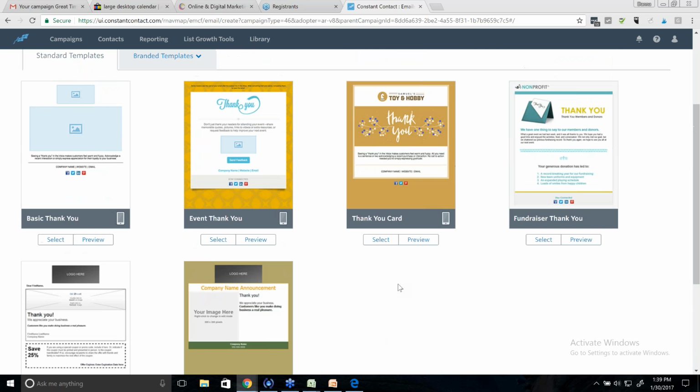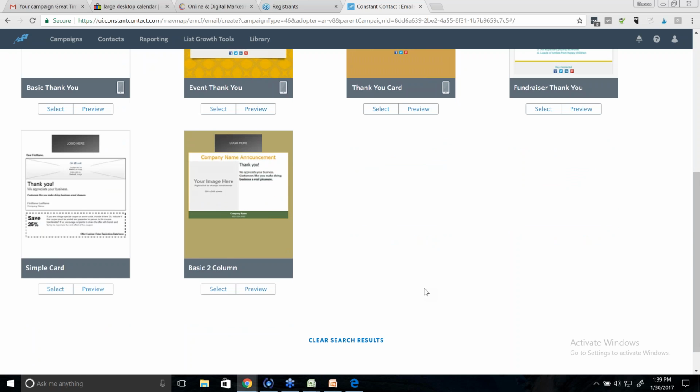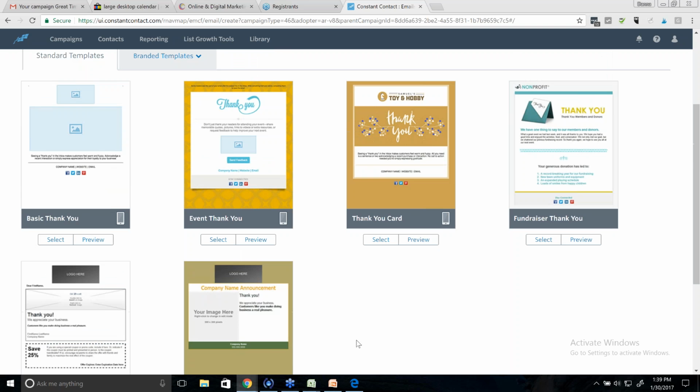I like my emails to be able to be seen on mobile devices instantly. And when you see that mobile responsive, that means that no matter which kind of device they're viewing in, it'll automatically adjust the screen to fit their mobile device. So personally, I always look for those. Now, if your results show that the majority of your people are reading on desktops, then you may not mind the other type. But to me, personally, I suggest always going with it.